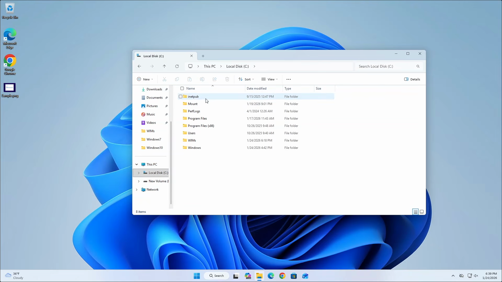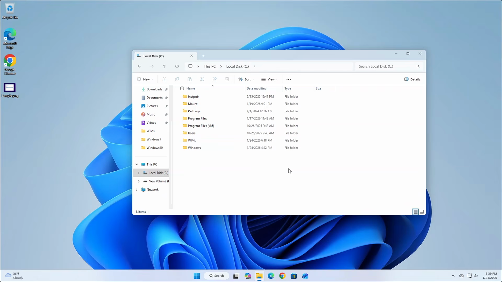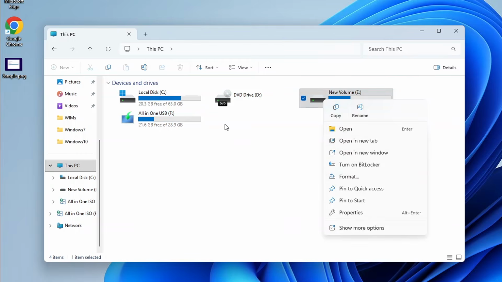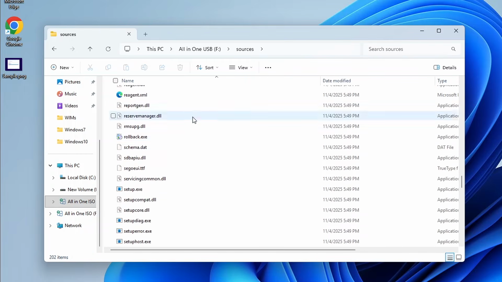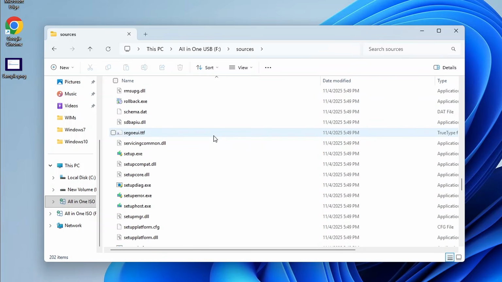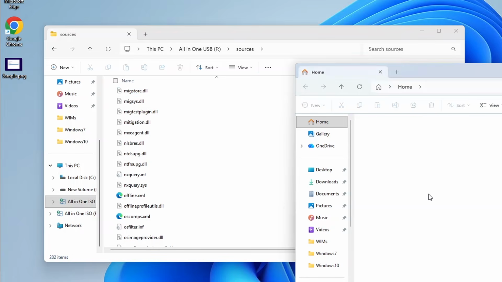basically take a physical USB drive, which I'm holding right now. It right now has just a normal bootable Windows 11 image, and we're going to go ahead and plug it in. And what we're going to do is navigate to it. We'll go to sources. Again, this is a normal Windows 11 USB. Nothing special about it, but what we're going to do now is put this window on one